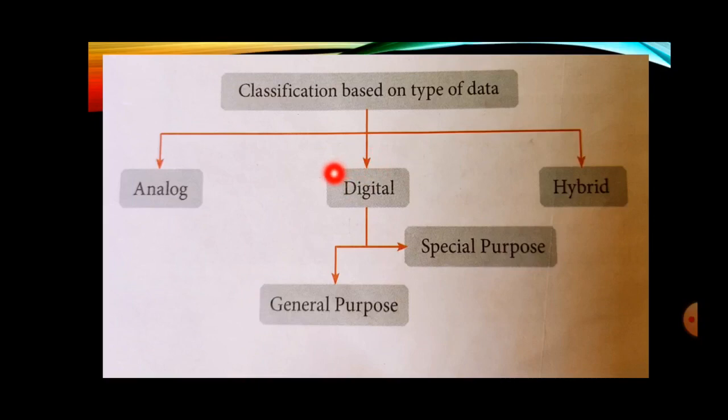Okay, so digital computer represents data as physical quantity with the help of digits or numbers. They use binary digits 0 and 1. Further, we can divide digital computer in two important parts. The first one is special purpose and the second one is general purpose. Student, general purpose computers are those which can perform a variety of functions. The programs are not permanently stored but are input at the time of execution. These computers are very versatile.